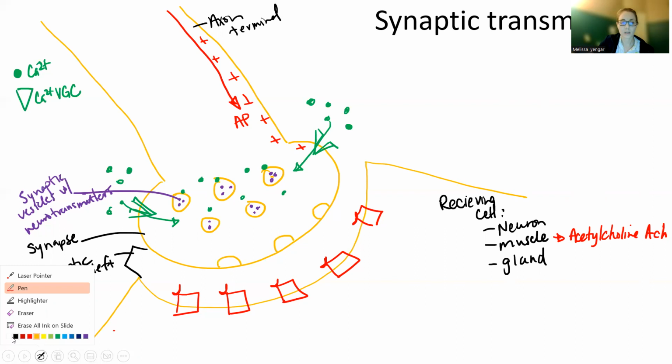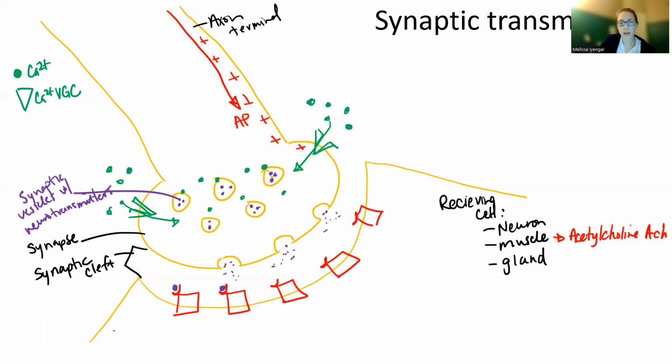And when it does this, it's basically going to open and release the synaptic vesicle into the synaptic cleft. So what that's going to cause is all of our neurotransmitters to basically be released into the synaptic cleft, like that. Okay. Those neurotransmitters will then come and find their correct receptor, and they'll bind to the receptor that